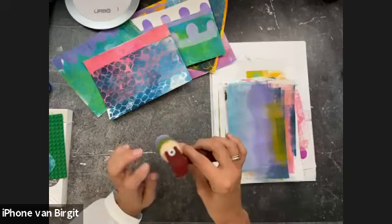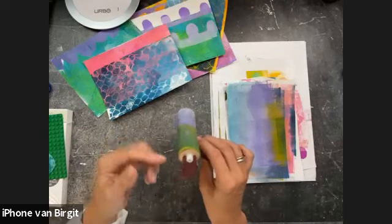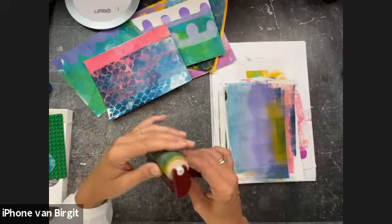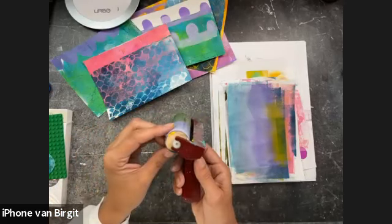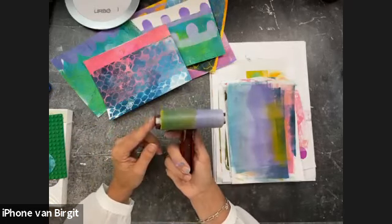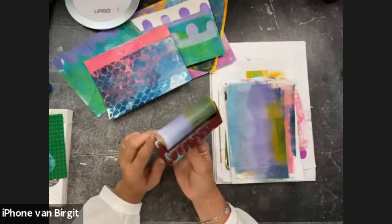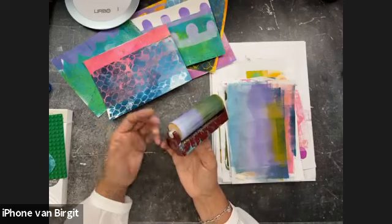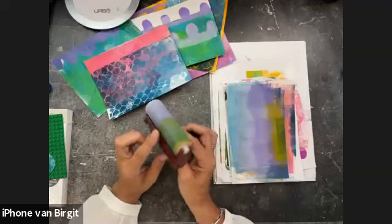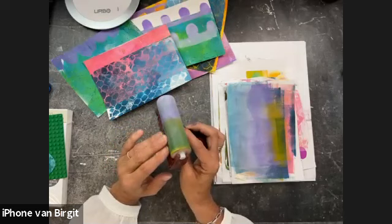And if after gel printing I want to clean it, at some point there will be layers of paint piled up all around your brayer, and if you really want to clean it, then you can soak it in water with a washing detergent that has enzymes, like we have in Europe. We have Biotex, but I think the best way to do it in the US is use Murphy's oil,